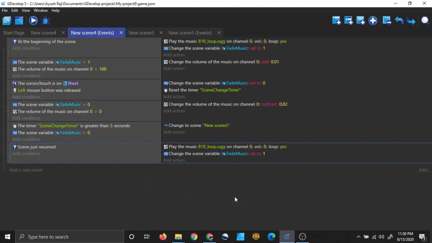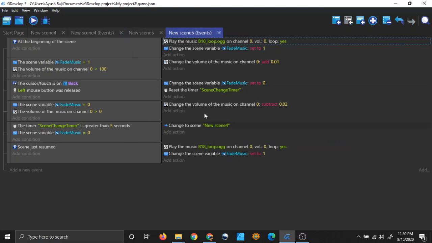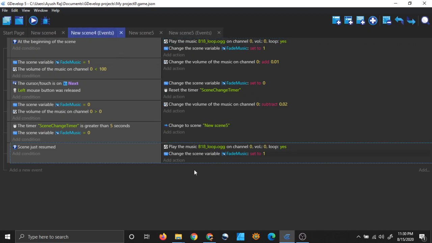And I will put this game file on GitHub so that you can download it and use this code free of charge and include this in your projects. If it's not working in your project, you can simply copy the code and paste it in your scenes.